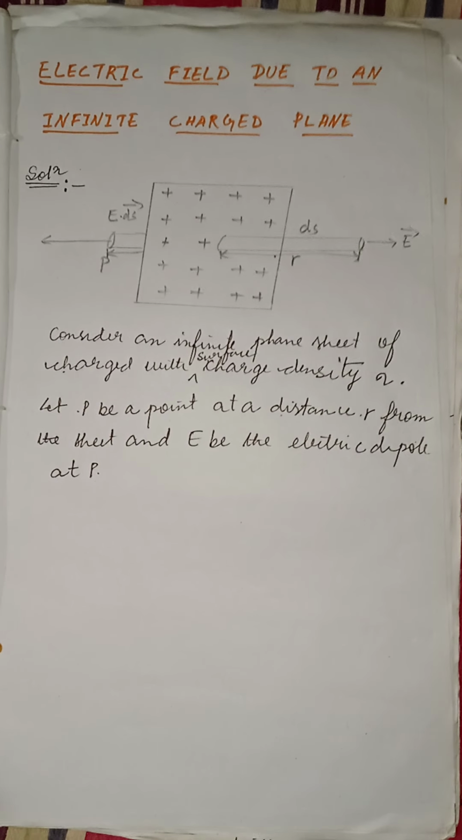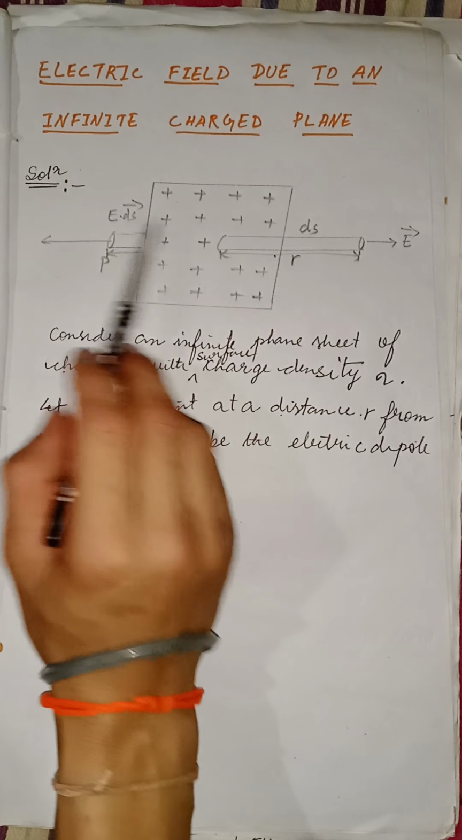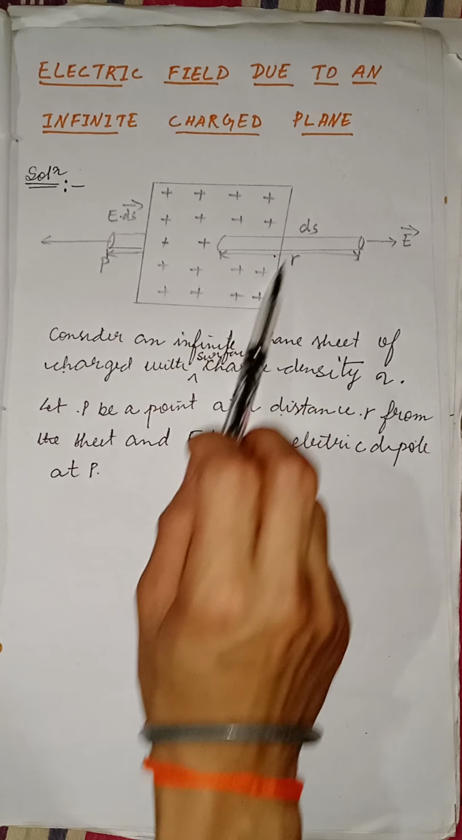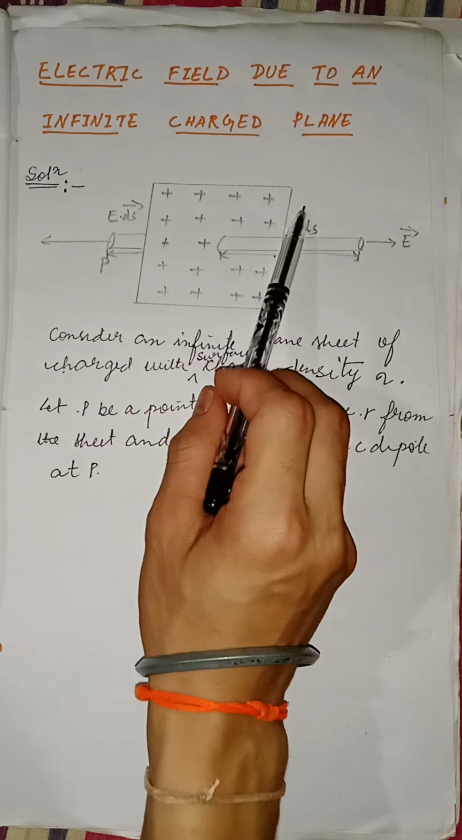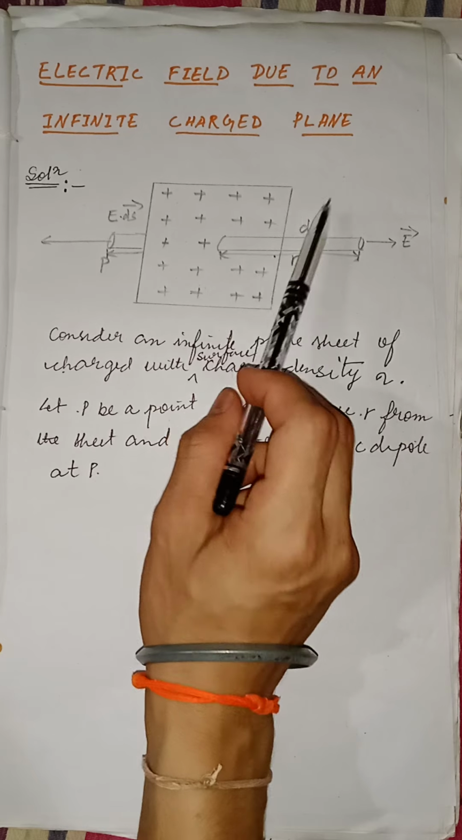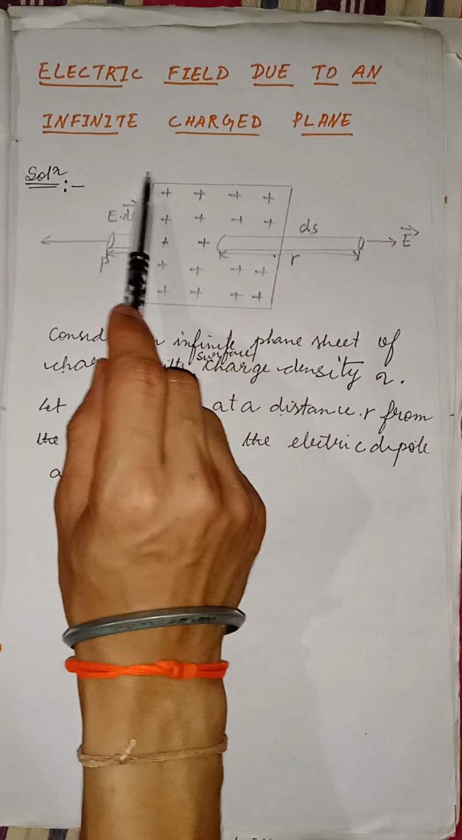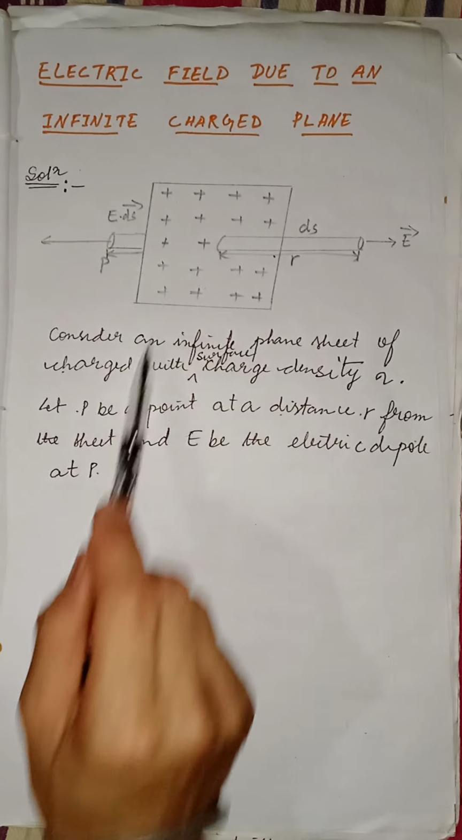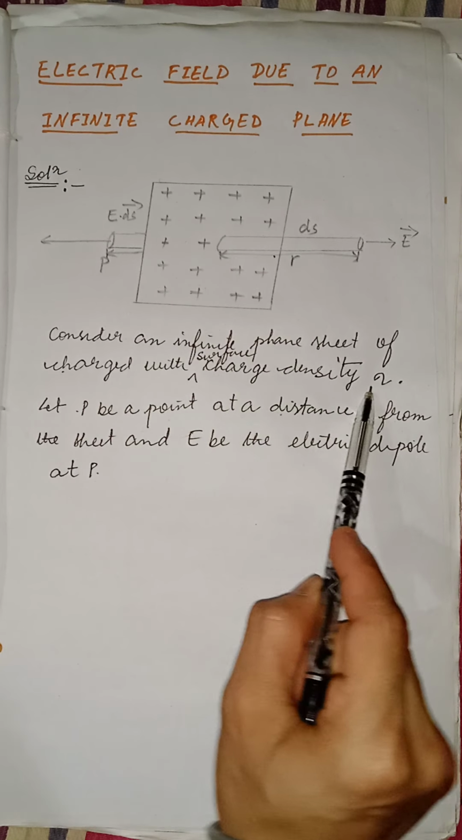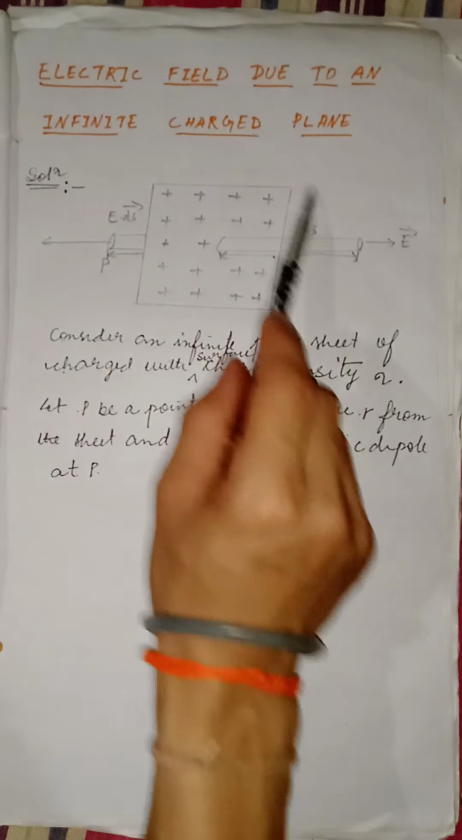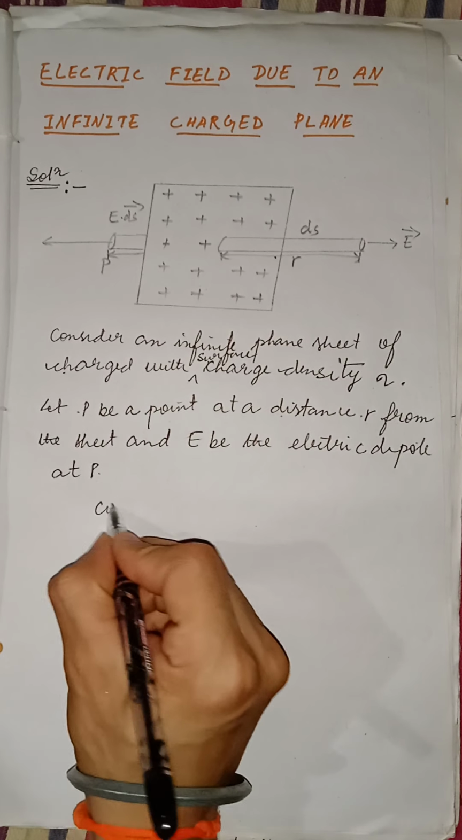Now we have seen that there is a positive charge. Since we need to consider an infinite charge plane, that is why we have drawn a surface charge density. We have considered surface charge density sigma and drawn a plane sheet. Now we need to consider a Gaussian surface